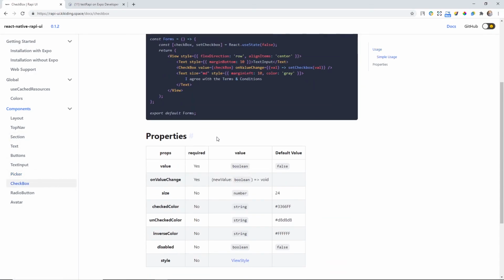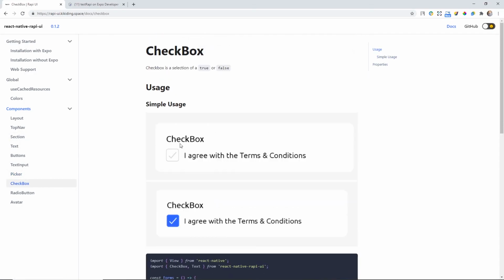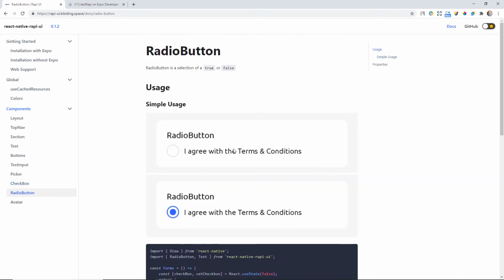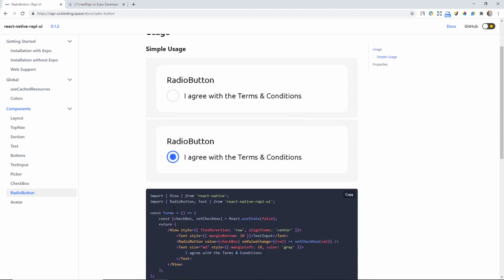You can find many more components in the docs. If you want to see the full documentation, visit the website. I put it in the description.